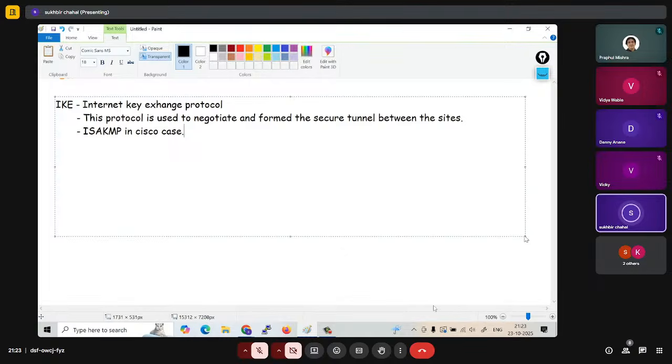So both are protocols, or you can say separate things, but in Cisco they are using both as the same protocol. Okay, the thing is, IKE is giving you a few things, but ISAKMP is actually the medium through which devices exchange the information. Let me explain what ISAKMP is here, then you will get an idea of the actual difference, what IKE is doing and what ISAKMP is doing in IPsec. Okay, so ISAKMP is Internet Security Association